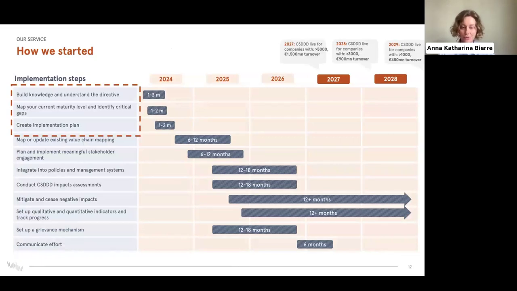That was the short introduction to CSDDD. Now I'd like to change the focus to the services, to pave the way to talk about these projects and the learnings from them. What we did was that when we started developing this service around 1.5 years ago, we started asking ourselves, how would we do it if we were to implement CSDDD ourselves? And instead of starting head-on with implementation, we know that there are also a lot of various tools out there that can support the implementation.